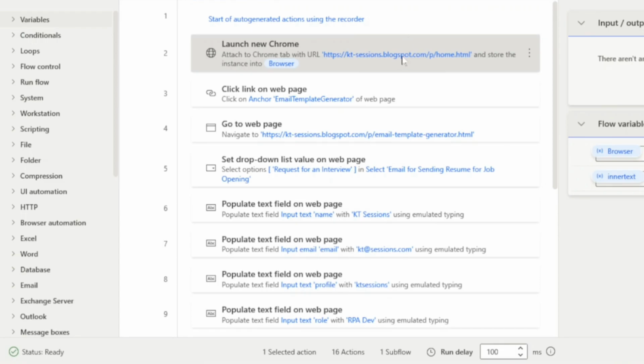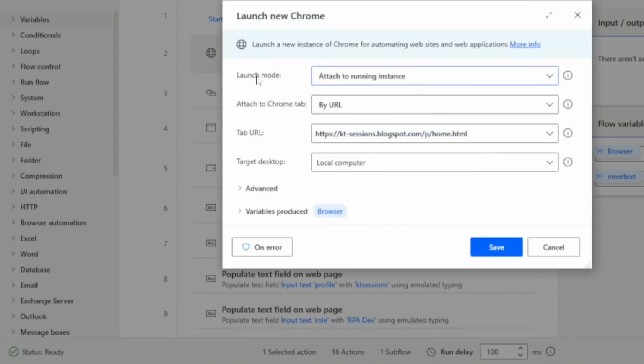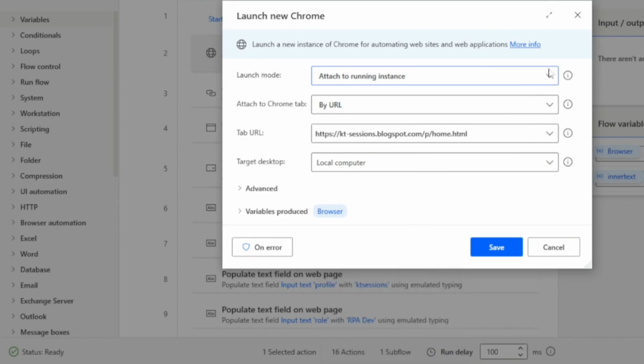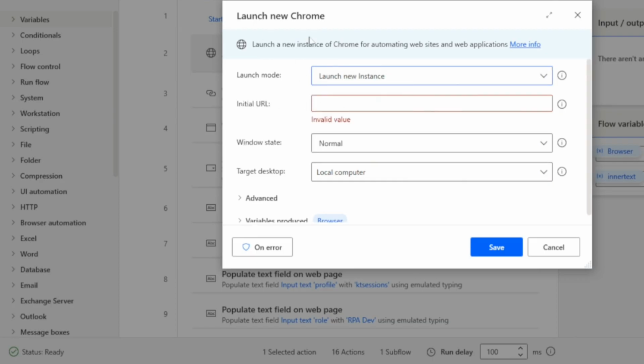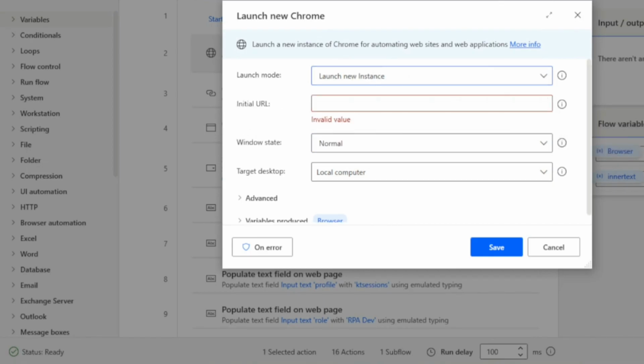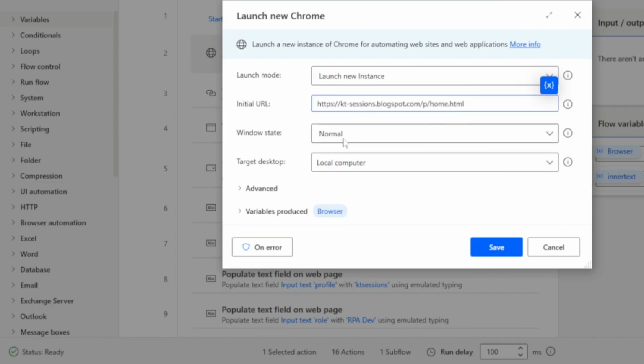So first of all, we are going to launch the browser. In this case, we had already launched the browser manually, but I want to launch the new instance from the flow itself. So I will select this launch new instance. Okay, so the initial URL will be this one, and window state normal, target desktop local computer,